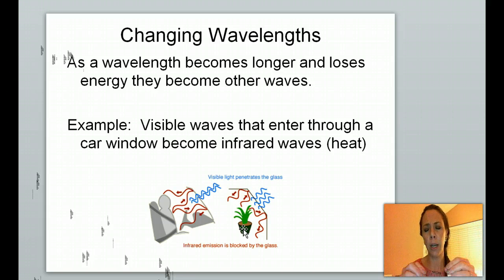All right, now think about that in context of our universe. If our universe is expanding, if we're all flying through the universe, we are able to look at wavelengths coming from different stars. And it tells us a lot of information about those objects, how they're moving, how they've moved in the past, and how we relate to those objects. A lot of the evidence we'll talk about from this point forward is talking about changing wavelengths. So you need a little bit of background on the electromagnetic spectrum.